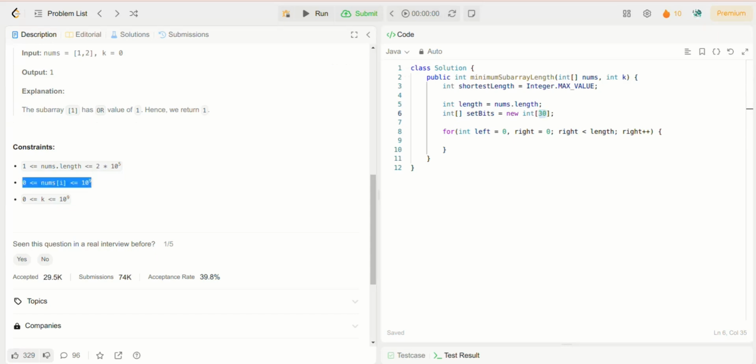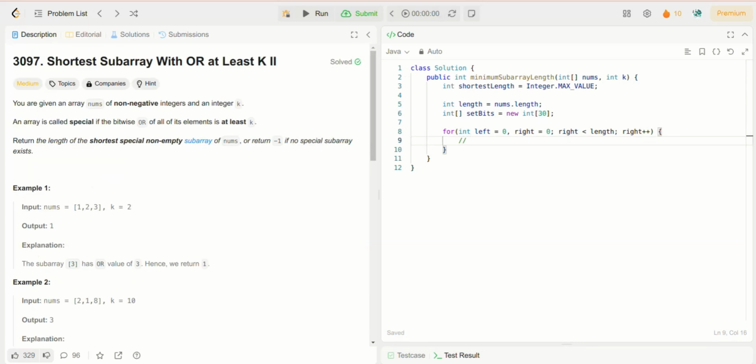So how do I calculate this? Basically you can do log of 10 power 9 base 2, and then you will get 29 point something. If you round it off, it is 30. So we basically need 30 decimals, 30 positions. Okay, so at every point, once I increment my window, I have to